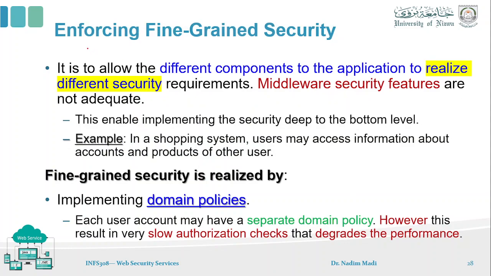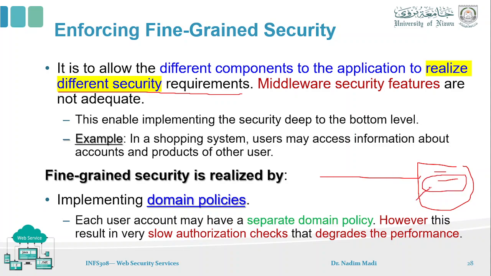Also here, part of this discussion could be related to fine-grained security. So what do we mean by fine-grained security? This is the ability of allowing different components of the application to realize different security requirements. So how to realize those requirements? It is by digging deep all the way down until we reach what kind of data can be held by a specific parameter in the method here. We call this fine-grained security. So there should be a security assertion that guides what the encryption level of this parameter is to be considered, and so on.